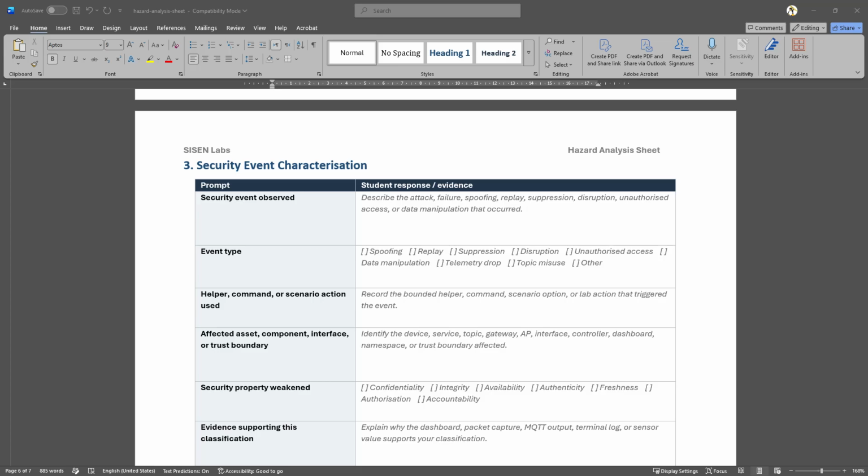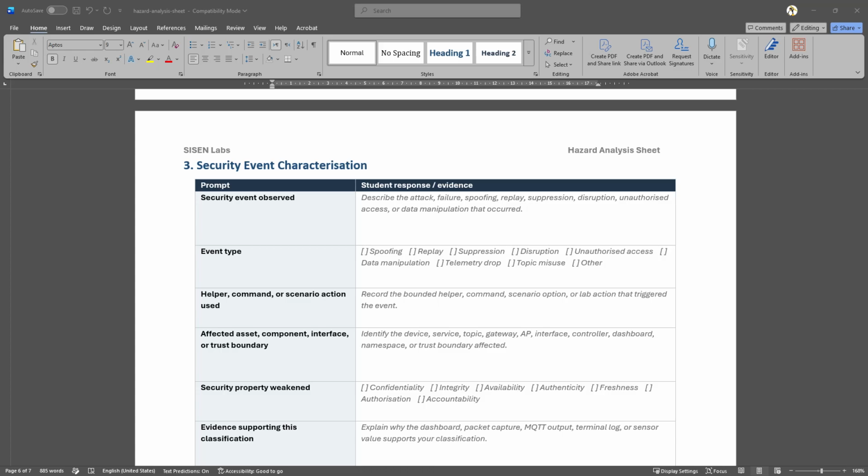And you can show, for example, the event type, maybe data manipulation or suppression. You can specify which helper types, helper commands or scenarios were used. You can specify which assets were affected. For example, select smart building, gas sensor topic, MQTT broker, dashboard interpretation. Whichever asset was affected, you should